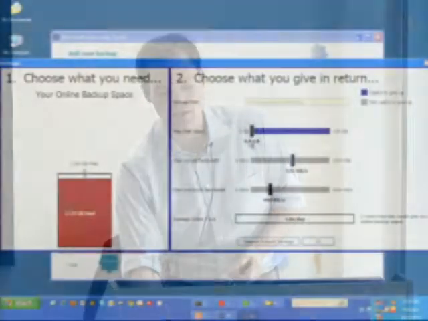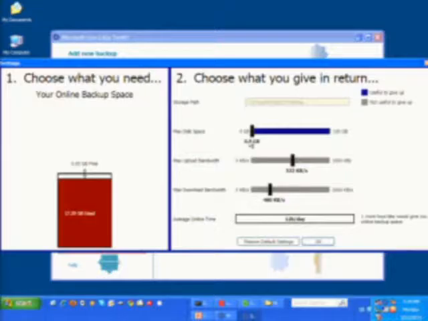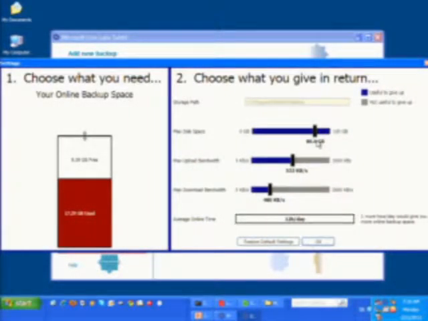So if I reduce my supplied space, what will happen with the stored files on my drive to back up files? What we wouldn't do is immediately start erasing all of the files, but we would essentially mark them as erasable, such that if you move your slider all the way to the left and click OK, and then again all the way to the right, we wouldn't have to store another 100 gigabytes of files again. But they would essentially be marked as erasable so that it shows up as free disk space. So that's the idea behind it.